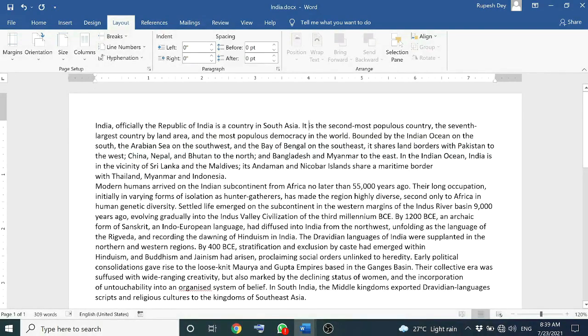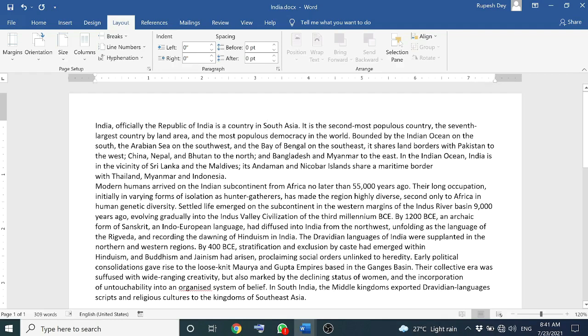So what is left indent? It sets the starting point of all lines in a paragraph from the left margin. So here we can leave some space from the left margin to make a point from where all the lines of a paragraph will start. Then right indent, it sets the end point of all lines in a paragraph from the margin. Here we don't want to go till this right margin, we will end all lines here only. So we can set the right indent, means we can specify the distance for the right indent from this right margin.